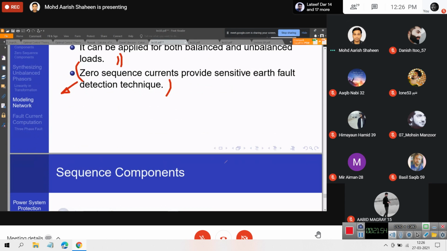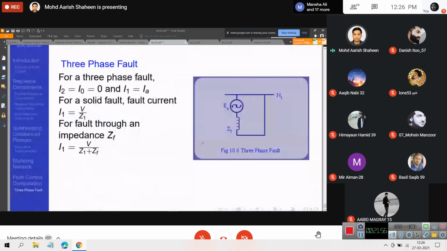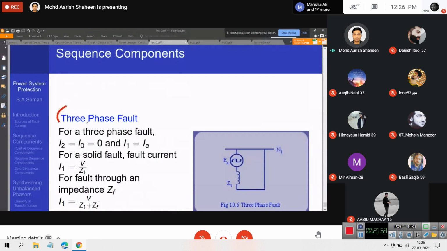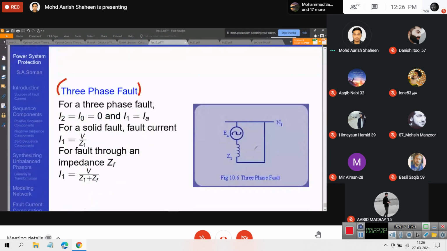Okay. So let us start from the simplest kind of fault. This in fact does not require any sequence currents or anything. We have a three-phase to ground fault. We know that at any location, we can represent our network by a Thevenin equivalent. This is an open circuit voltage, also known as Thevenin voltage, and this is the equivalent Thevenin impedance. Let's call it Z1, जो भी आप कहना चाहते हो.